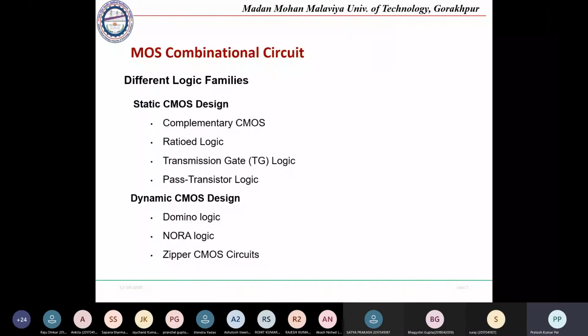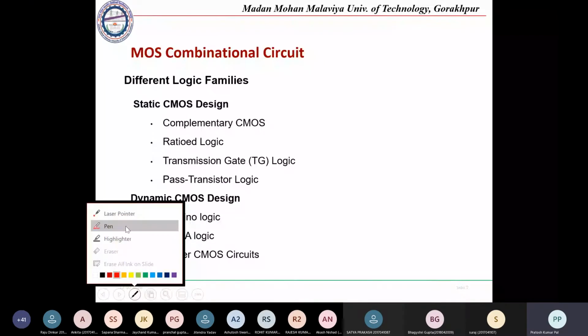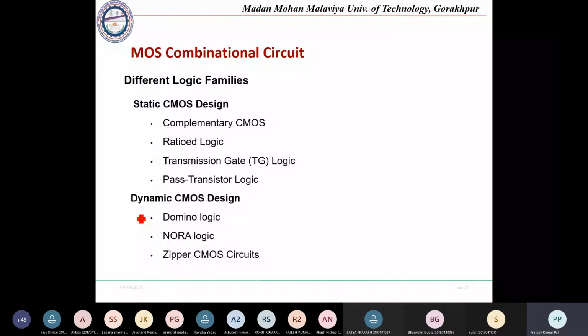Okay, so up to now, we have seen how we can design an inverter, and with respect to the inverter, we have gone through different parameter analysis like critical voltage and different voltage parameter calculations. And also we have seen how we can calculate the delay in digital circuits. If there is a transition from low to high or high to low, how we will be calculating the delay of a digital circuit, and along with that how we can go for different power dissipation factors.